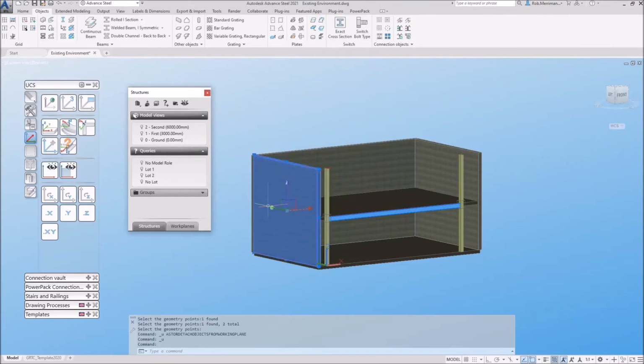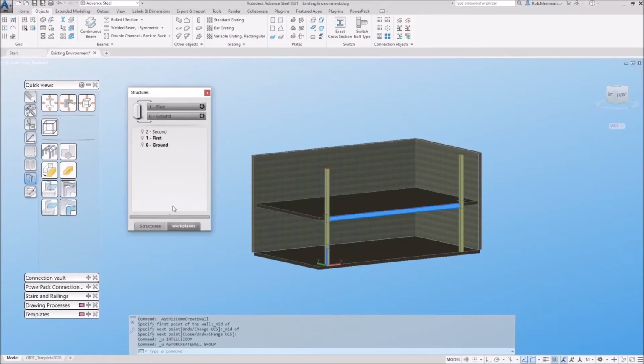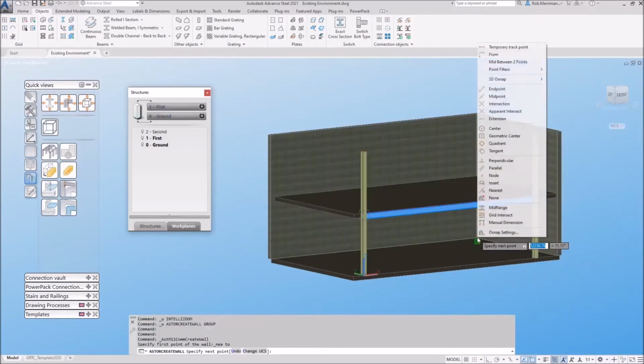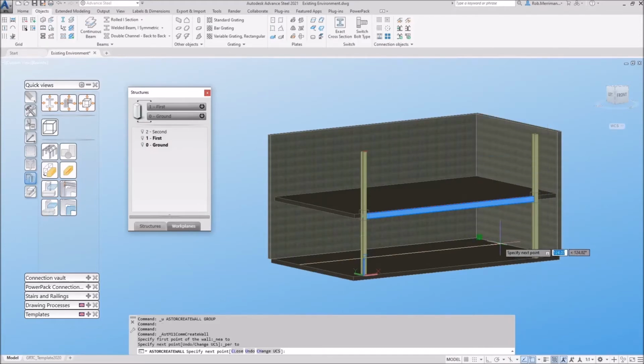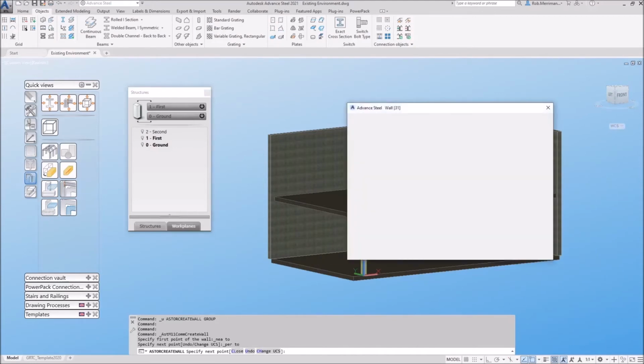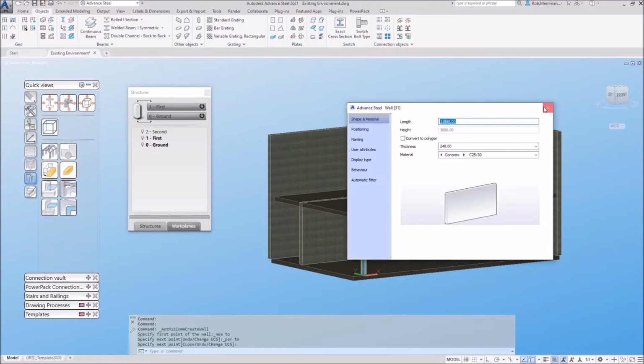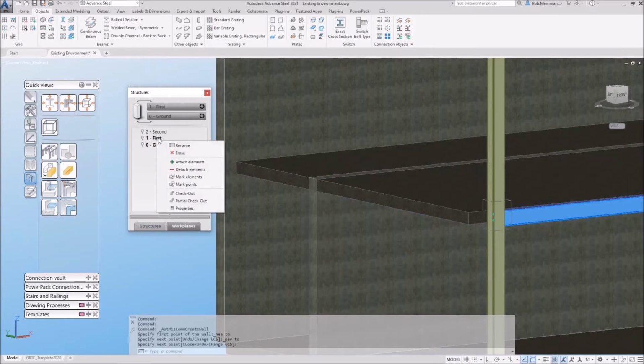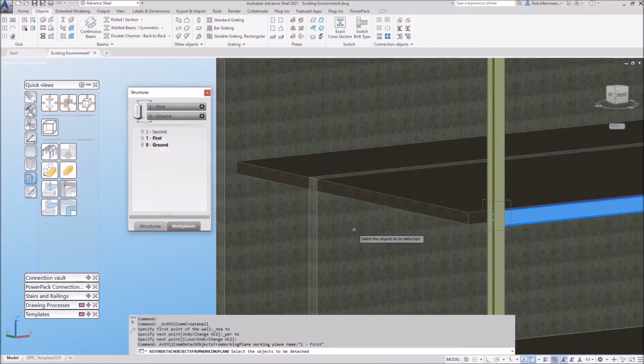Okay, I'm going to model some internal walls. Now the internal walls, I do actually want them to sit underneath the slab. But if I come in here and activate the work plane, so I go from ground to first, my wall at the moment, if I go from just a nearest point, we'll have a little wall in there, to the perpendicular point, that wall will lock between the levels, but you'll see now that it's passing through our slab and giving us a clash. So again, I'm just going to detach this element,